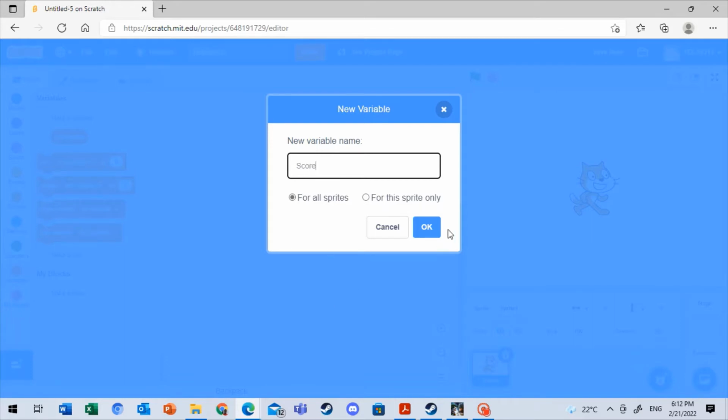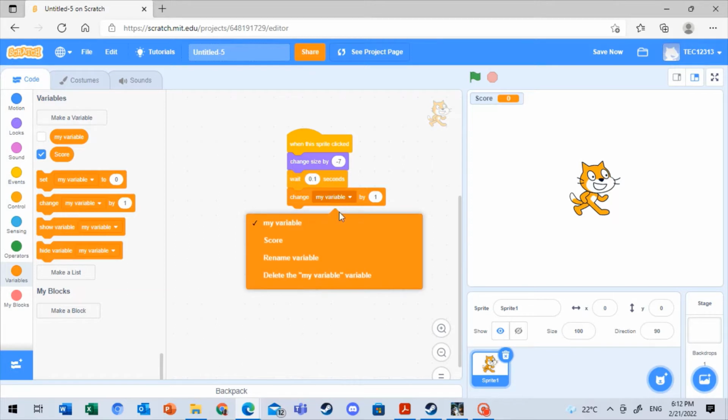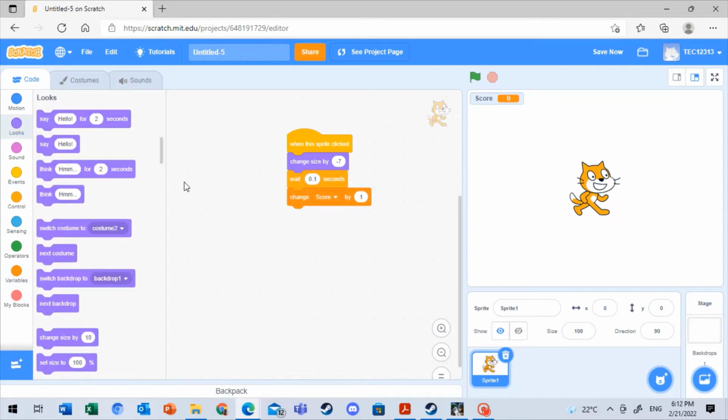Yes, that's how you spell score. Now we have this beautiful score right here. Okay, so we'll put the change my variable by 1, but it won't be my variable, it'll be score by 1, excuse me, and then it will be